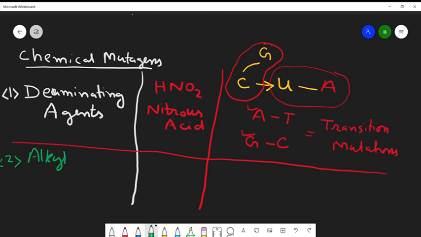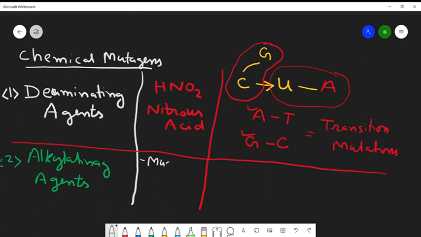Please pay attention. Alkylating agents. In the previous example, we had seen that deaminating agents bring about the deamination of nitrogenous bases. But here, alkylating agents add alkyl groups to the nitrogenous bases and hence change their pairing properties. Examples of the chemicals which bring about alkylation include mustard gas,